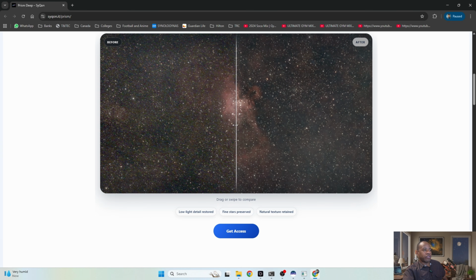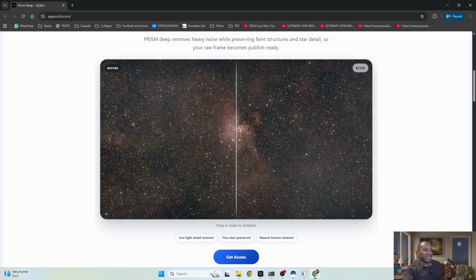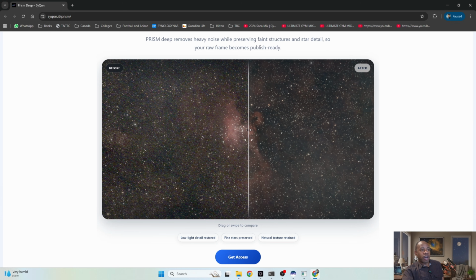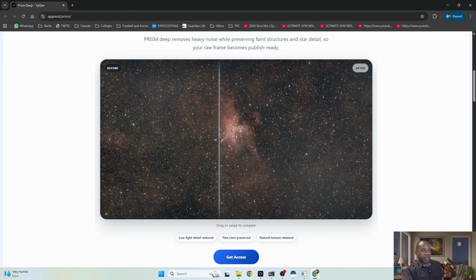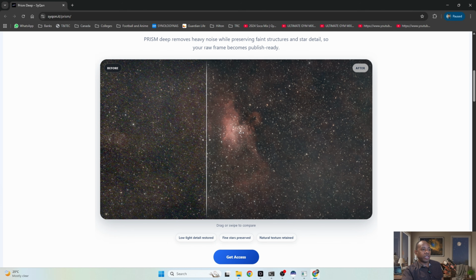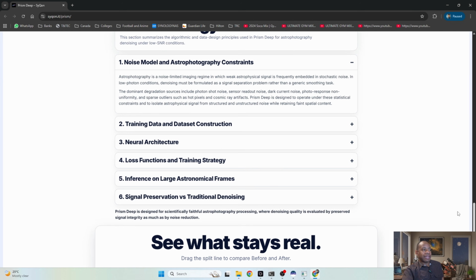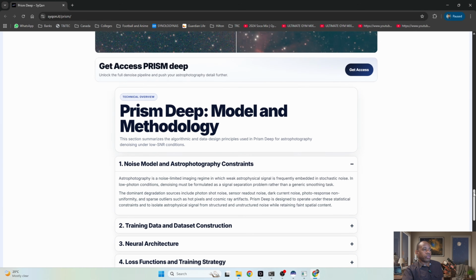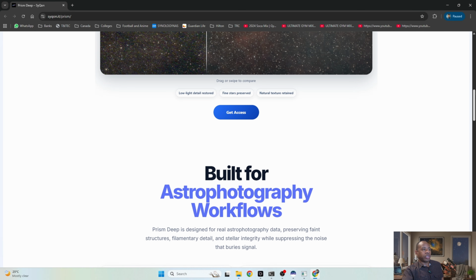So on the website, we can scroll around, and I mean, just off the bat, you can do a direct comparison before and after when using SyQon. So if you scroll back and forth, you can see that there's a lot of signal that's being brought out, as well as a lot of noise that's being removed in your image. And they have lots of information on how SyQon Prism Deep would have been developed. So whenever you're ready to begin purchasing, you can click on Get Access,